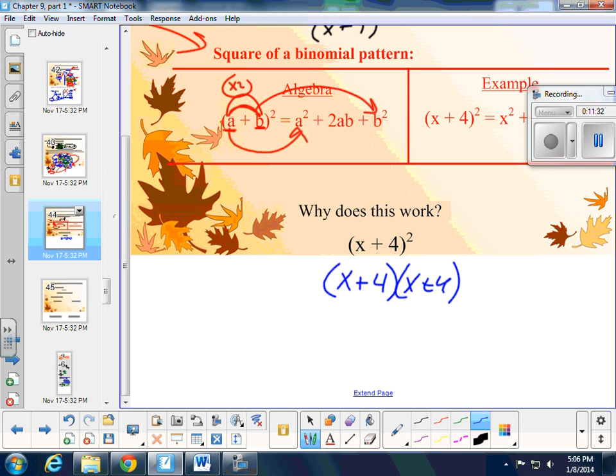And you could follow what always happens in a problem like this. Simple here. If you have x plus 4 squared, you get the first term and then x times 4 twice in this problem, right? I did the outsides here and the insides here. So